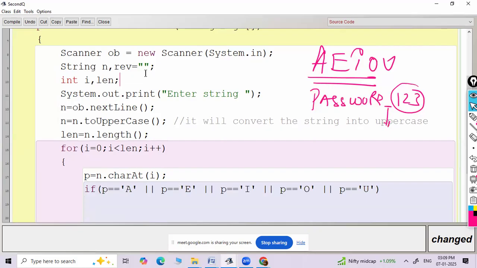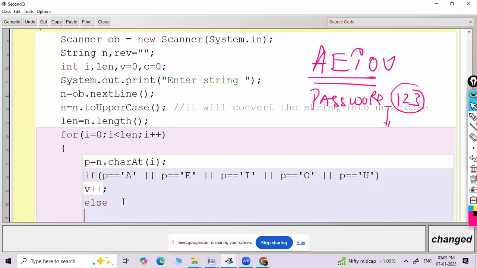For counting the vowels, we have to take v as a counter variable, then c as a counter variable for counting the consonants. v plus plus. In the else, we can count the number of consonants. No, it's not a proper logic. In the else, we have to make sure कि अगर कोई कैरेक्टर वॉवल नहीं है तो वो कॉन्सोनेंट तभी हो सकता है जब वो अल्फाबेट हो. तो फॉर दैट वी हैव टू इंश्योर